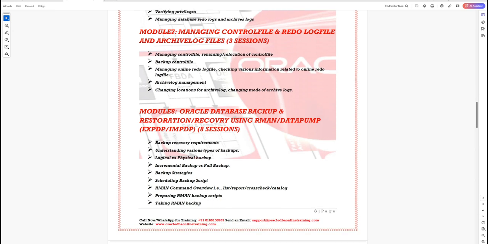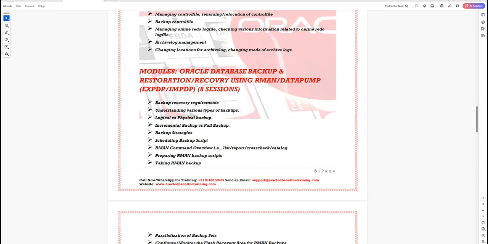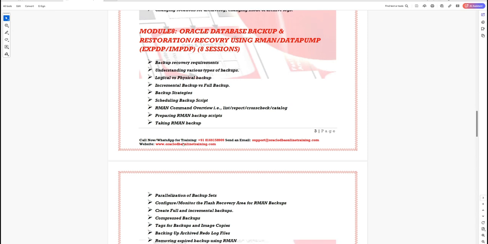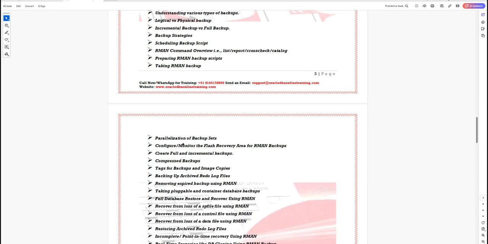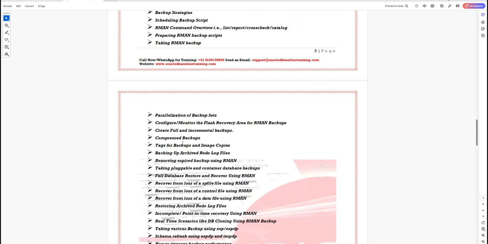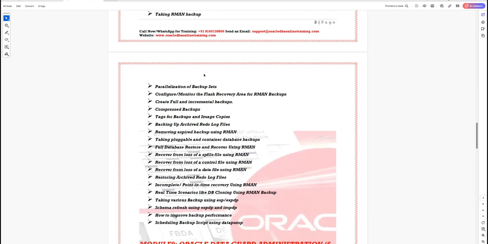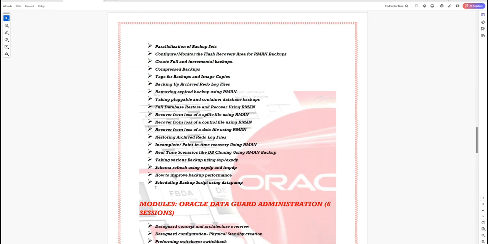Along with this, we also have to learn how to take backup and restoration of the database. There are various utilities available in the Oracle database, like how to take a physical backup, or a logical backup using the Data Pump utilities. Not only the backup, you also have to know how to restore those backups. All these different areas are covered in this module.